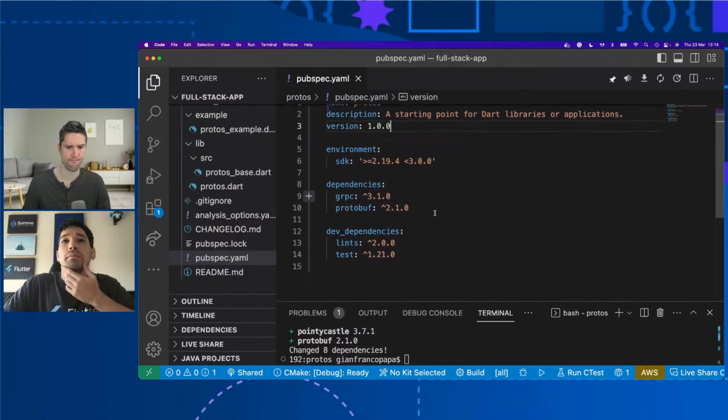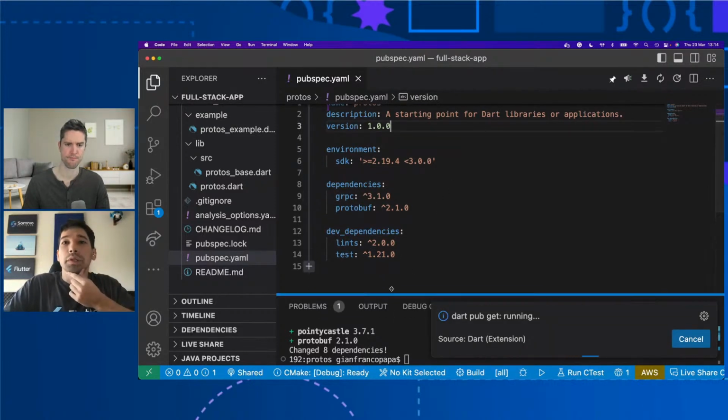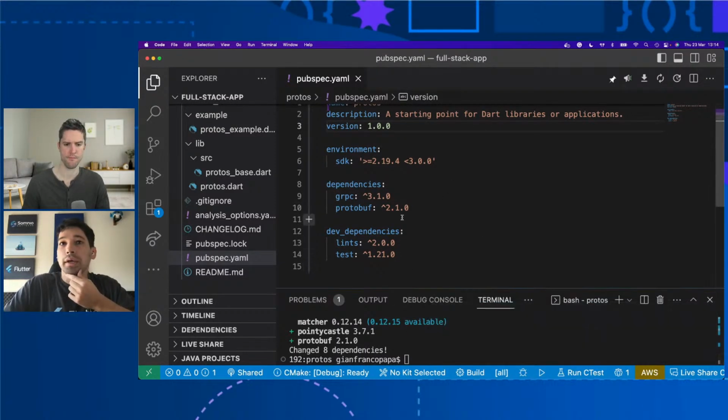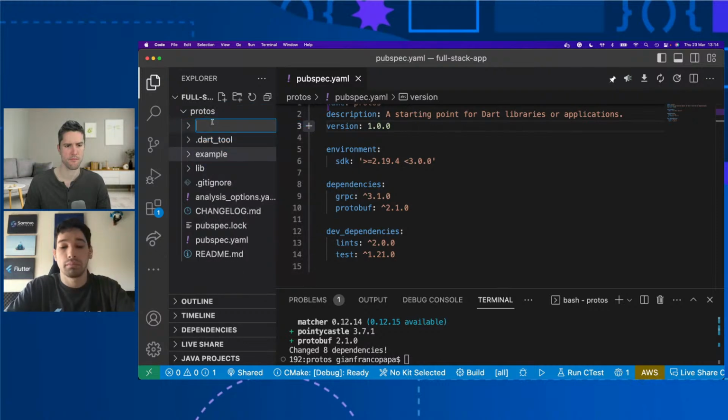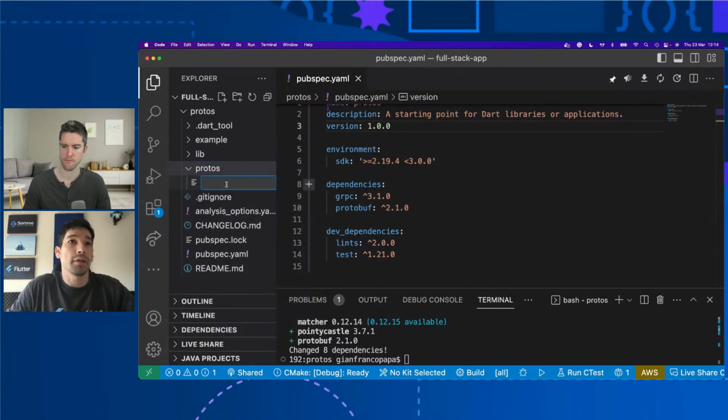Looks good. Perfect. Okay, to create our first proto file, maybe we can create a folder that will be called protos. And in here, we can create our first definition of our protocol buffer model.